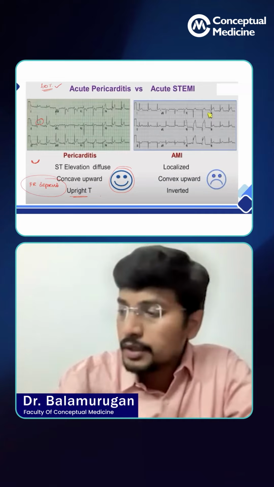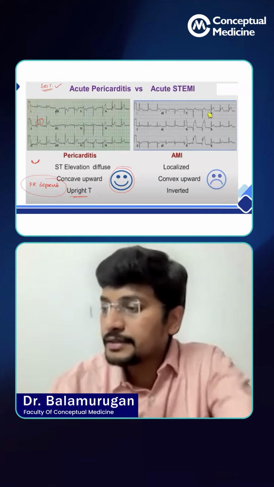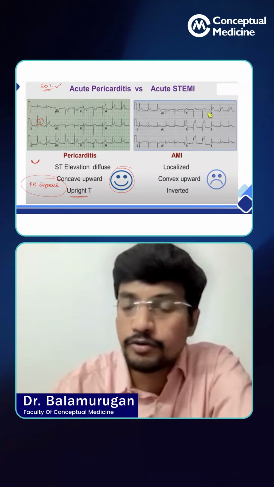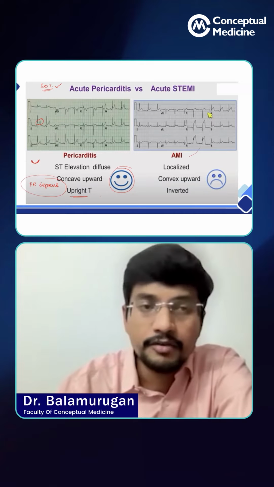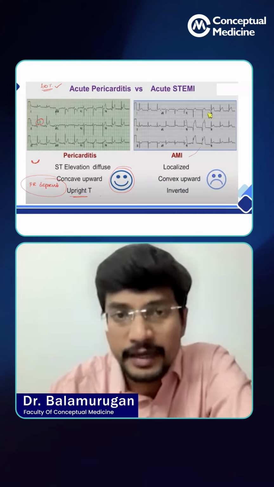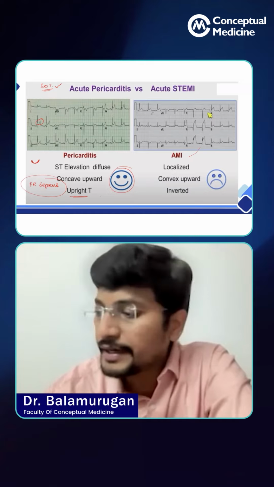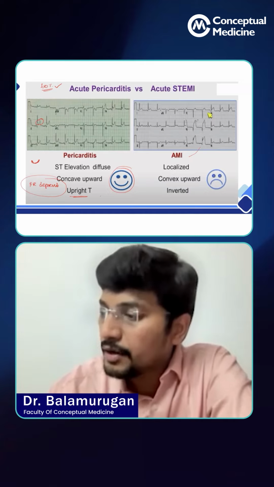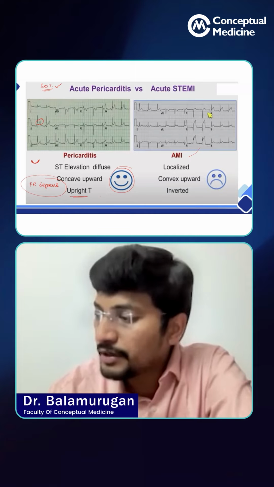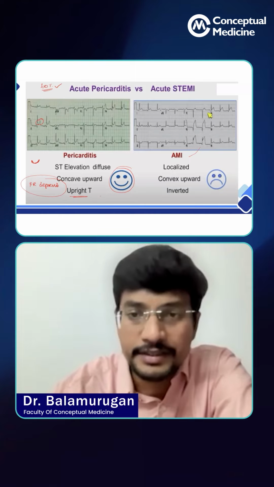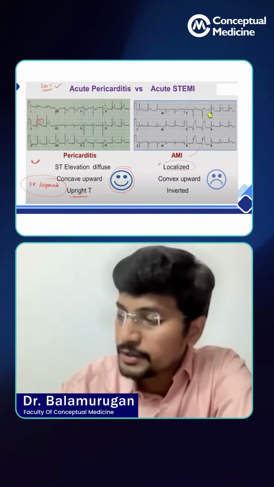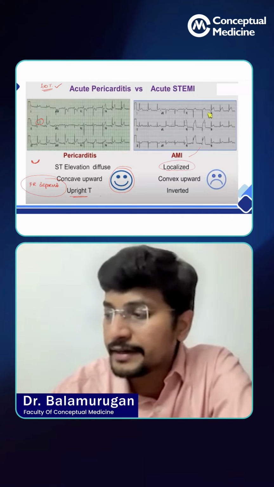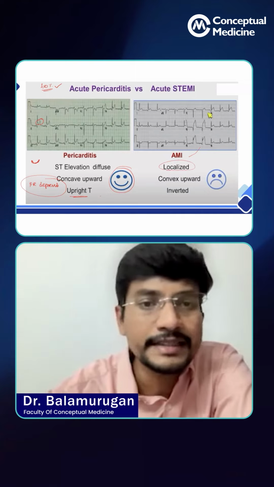Clear? So the right side of the image is the ECG suggestive of acute myocardial infarction. Which infarction? Anterior myocardial infarction. Okay, you find ST elevation in 1, AVL, V1 to V4, V5. In fact, V5 also shows ST elevation. Okay, here it is localized. Only anterior territory is showing. Inferior territory is in fact showing